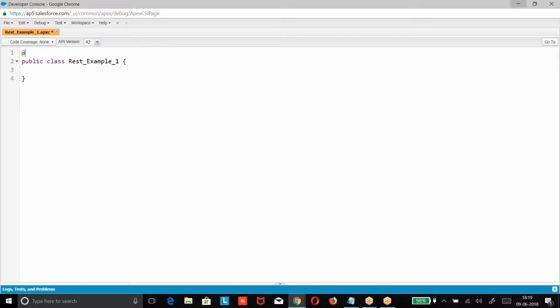How do you make it? @RestResource, URL mapping. So the class has to be a global class. Whenever we are defining a web service, try to write it with sharing. Why with sharing? Try to define the class as with sharing.